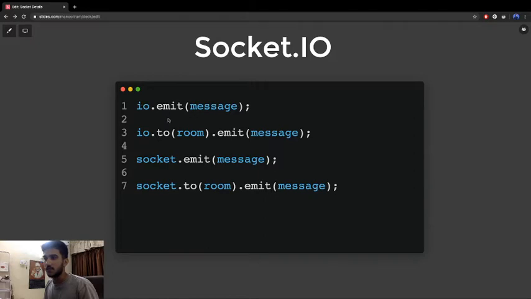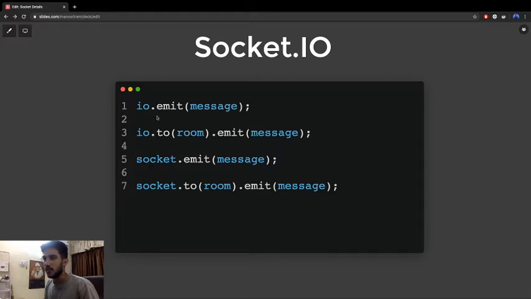So let's start from the first one. The first one is io.emit, and it takes message as a parameter. What io.emit does is emit a given message to every user in every room, or every connection. It's basically emitting to every single connection connected to the server.